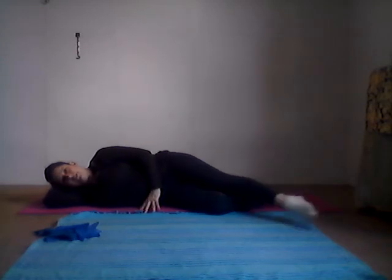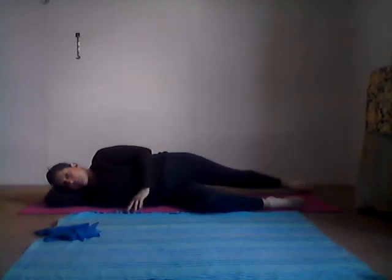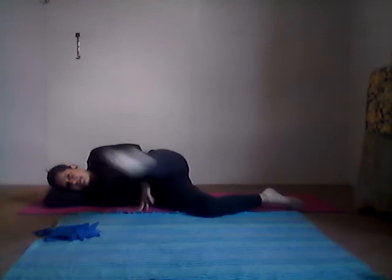Okay, I'm going to change direction. So you're going to bring the leg forward, up, and take it back and swoop it forward. 1, 2, 3, nice straight leg. 4, 5, 6, 7, controlled. 8,